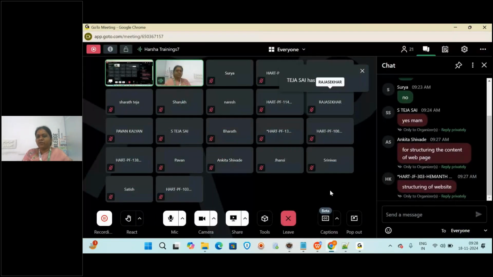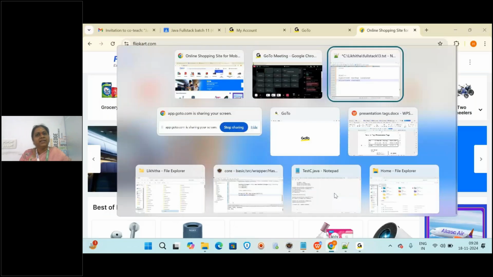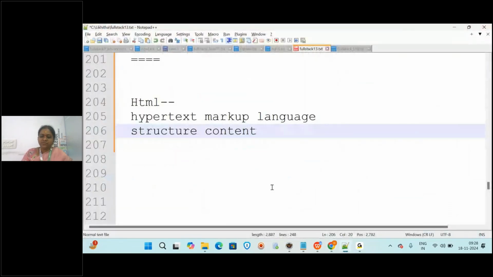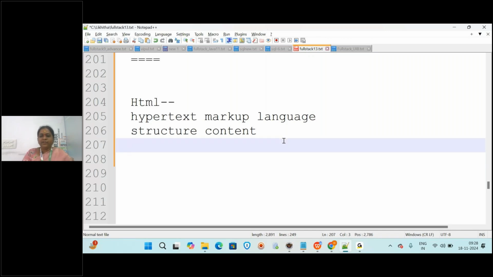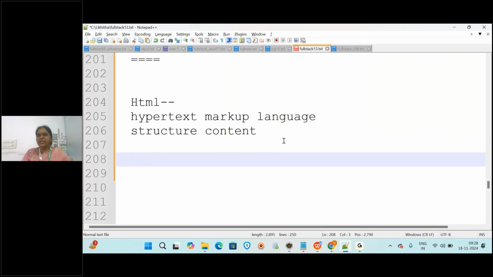It is just for structuring the content. Using CSS, we will be adding the styles like colors, scrolling the images, or adding background colors. Like that, we will be using CSS.